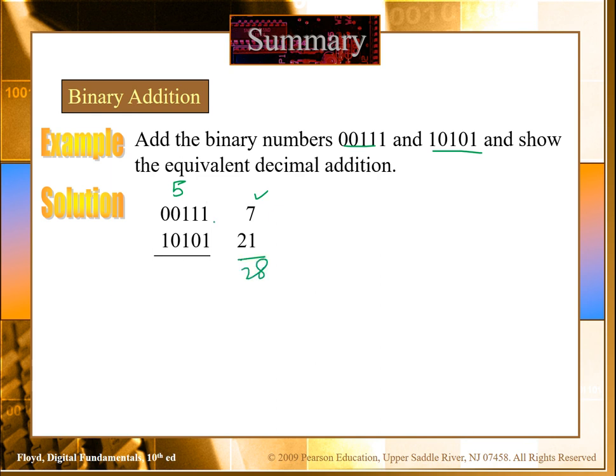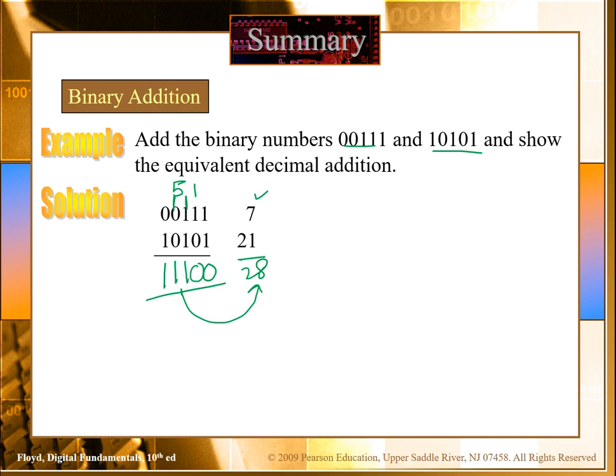So now let's try to add. 1 plus 1, the rule is 0, and we will get 1 carry here. So 1 plus 1 is 0. And 0 plus 0 is 0, and 1 plus 1 is 0, we get 1 carry here also. So again here 1 plus 1 is 0, 0 plus 1 is 1, and again we get 1 carry here. So 1 plus 0 is 1, 1 plus 0 is 1, 0 plus 1 is 1. So this is the addition, and if you convert this binary number to decimal, you will see that your answer is 28. So this is the way for adding binary numbers.